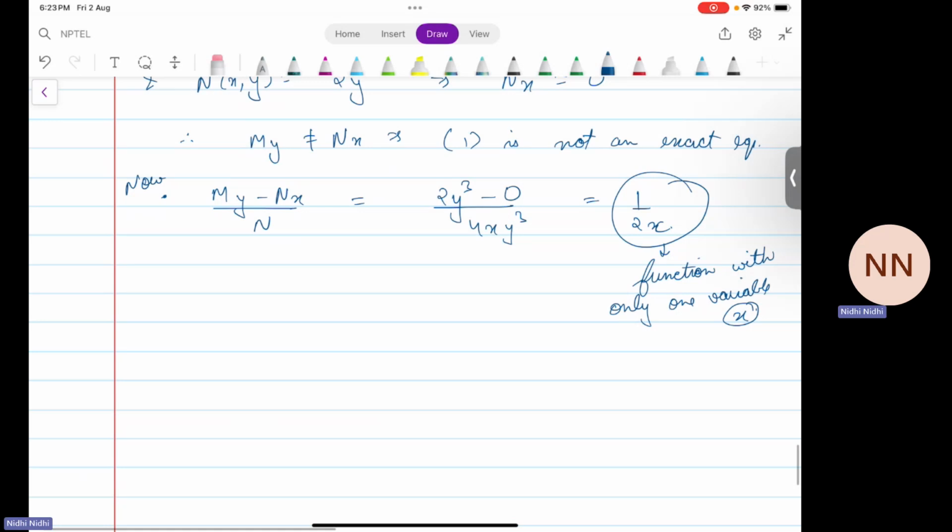So this implies our integrating factor is given by e to the power integral of 1 by 2x dx, which is equal to e to the power 1 by 2 ln x, which is basically